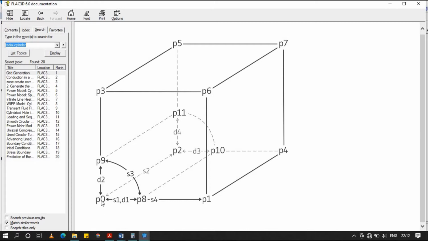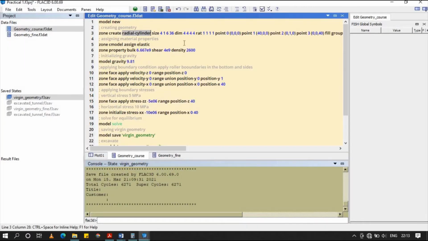So here is point. Suppose we are going to define the coordinates first. This is 0 0 0, then 0.1 for the x-axis, 0.2 for the y-axis, 0.3 for the z-axis. In this case, 0 to 0.1 is 40 meters, 0 to 0.2 is unit length, we will keep 1 meter, and 0 to 0.3 is 40 meters in the upward direction. So here you can see that 0 is the origin, 0.1 is the x-axis 40, 0.2 is the y-axis 1, and 0.3 is the z-axis 40.